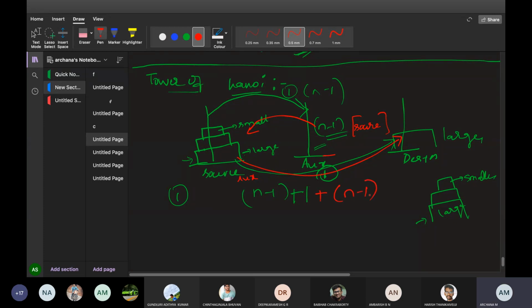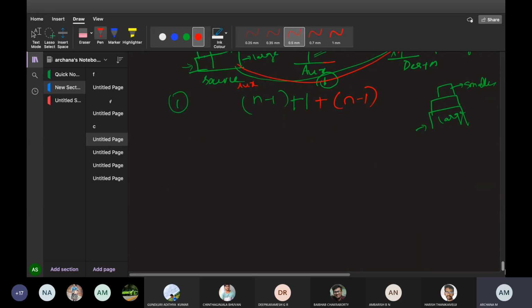Now, before going to this formula, I'll take 3. Now these 3 plates are there. Tell me how these 3 plates are moved from source to destination. Heli, at least now you will come to know how these plates are moved. This is auxiliary and this is destination. Finally, I should keep all the plates at the destination. Tell me how this is moved now. Anyone except Vaibhav? Move these plates to the destination.